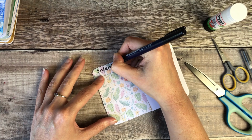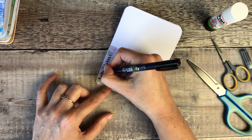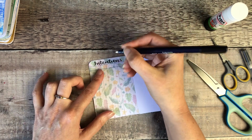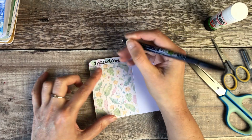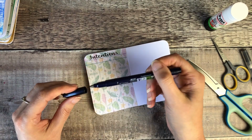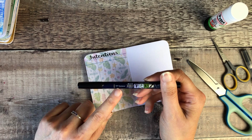Because I've got some goals for July, like I really want to get on and release a new Skillshare class, so that's top of my goals. I know I've got another fairly busy month coming up, but I want to make sure that I'm looking after myself as well. So for the heading for that, for brush lettering, I used a Tombow Fudenosuke brush pen with a firm nib,